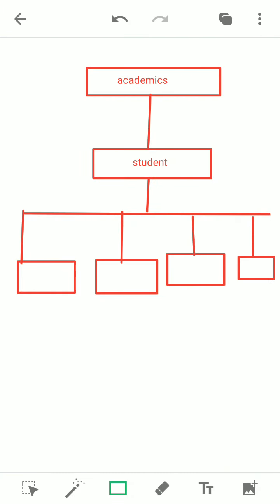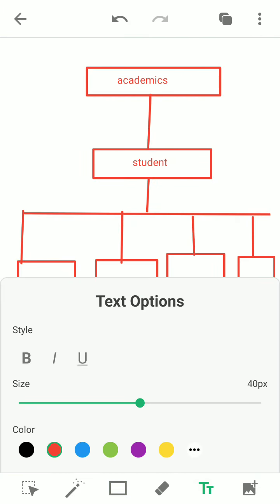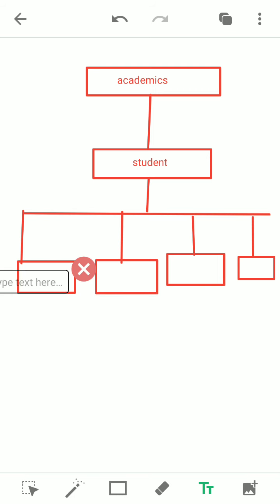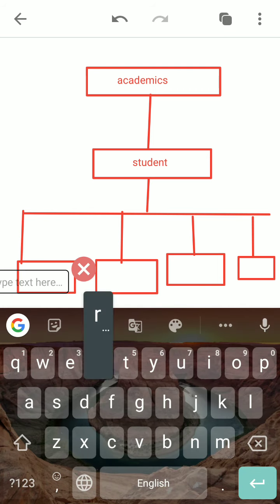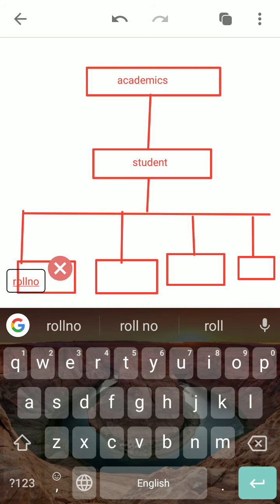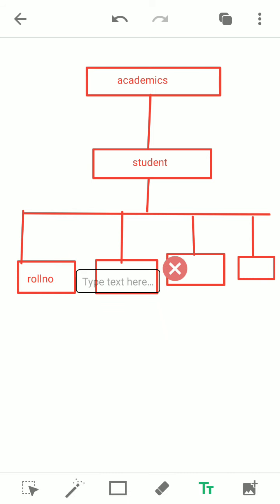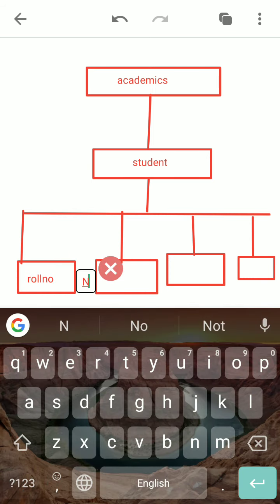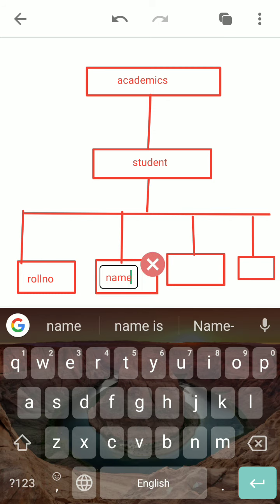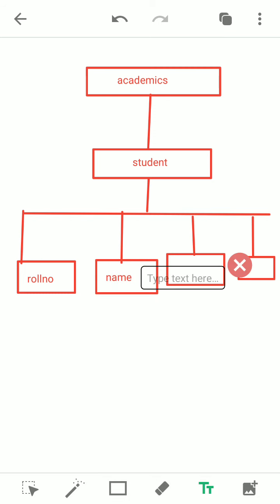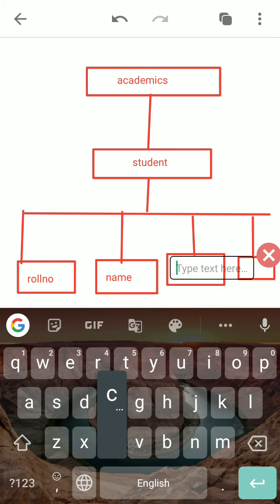Here you have to write roll number, as it is. Then here you have to write name. Then the other 2 things.